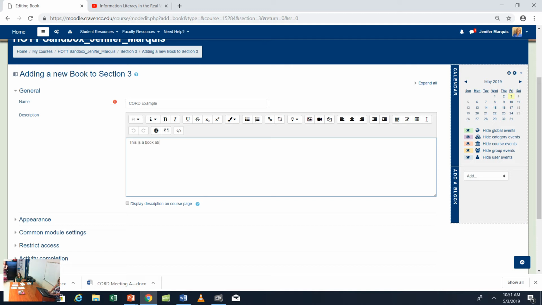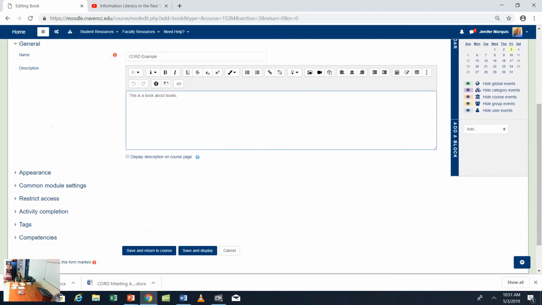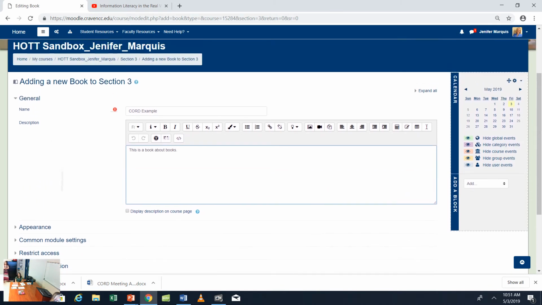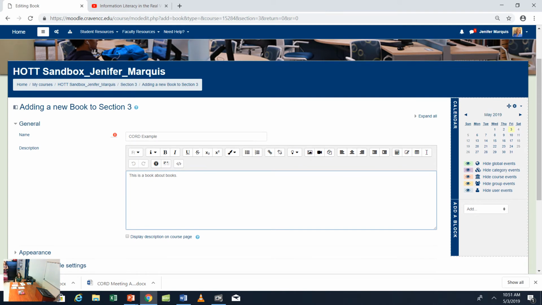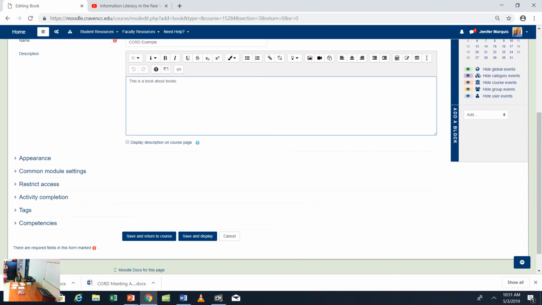This is a book about books. Okay. All right, so there's that, and you can display that on your course page if you want. Same, you know all this stuff, right? This isn't the really exciting, important stuff that you need to make your book. All the same settings apply to all the other resources and activities.